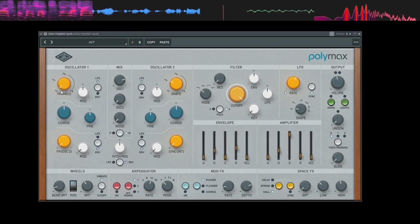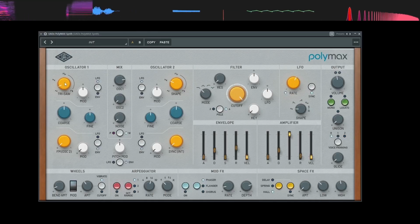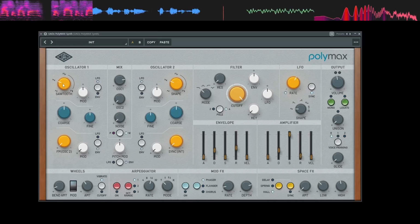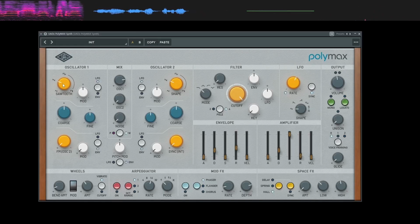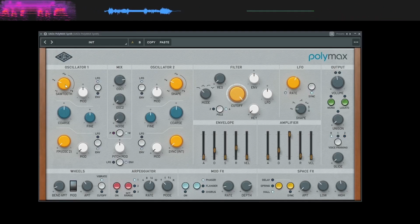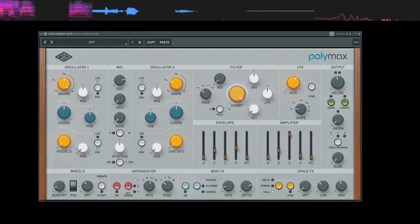Here you got triangle, you've got saw here. Morph in between the two. So my Sequential Take 5 synthesizer has this. The new Moog Messenger also has this. And then you go from saw up to a square, and then